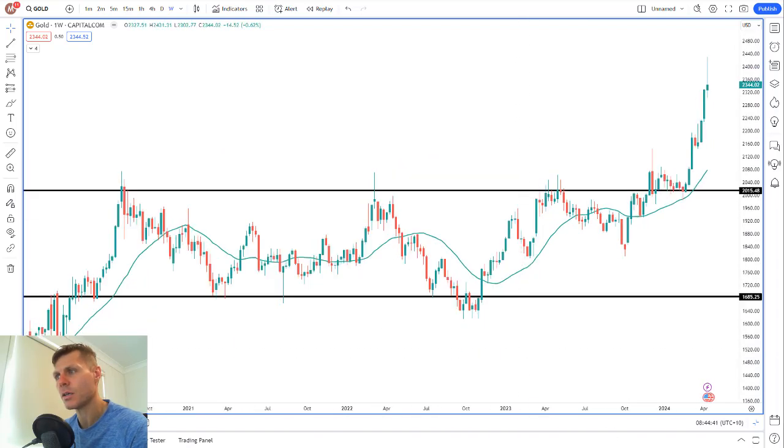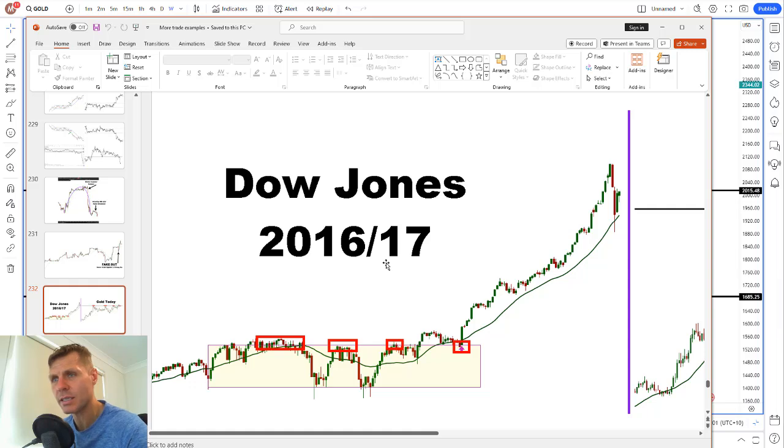Right? Look at this. We got the L-shaped pattern up, but where was it? Resistance. We had all this resistance through here and all this resistance through here. So then it came up, all this. Now this is gold here, right? Now remember, this chart here is 2016, 2017.